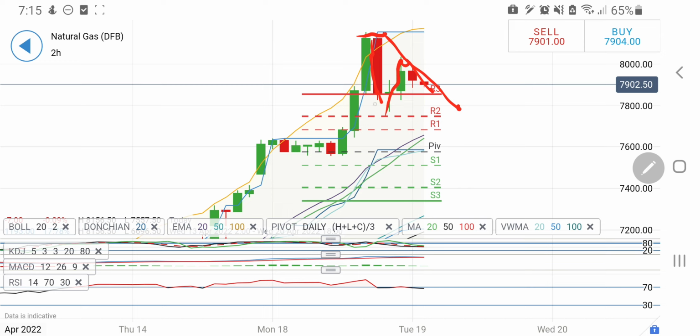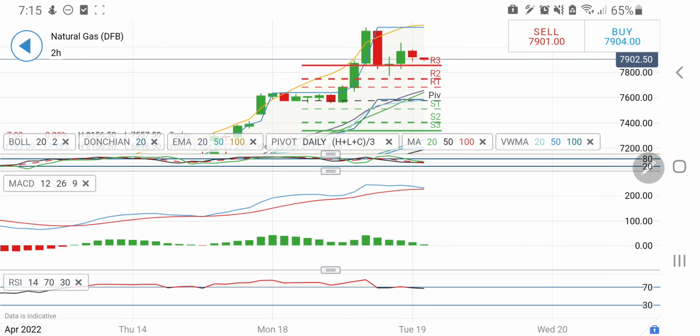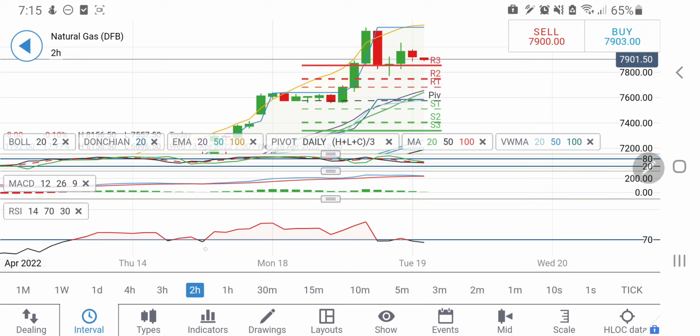So only a short entry you can take here at around 7.8 levels. If you see it trading below 7.8, you can again try to initiate a short entry. Probably it may try to come back till towards this zone. Now this zone is going to be important at 7.65, 7.6. It is going to be the major support. As for natural gas, I will be considering it bearish only when it is below 7.6, and it may try to drop a little. 2-hour stochastic looking downwards and trying to cross over. RSI was overbought, now in the comfortable zone here.